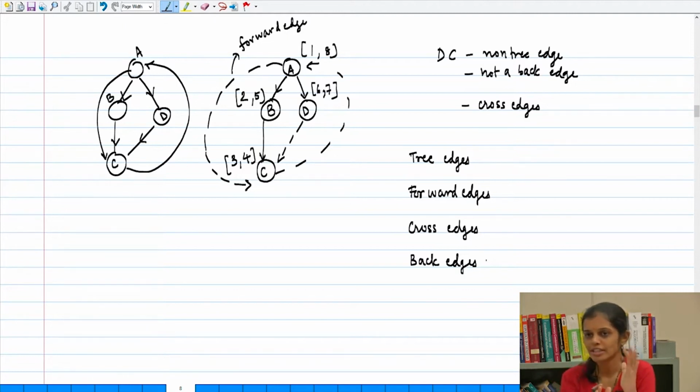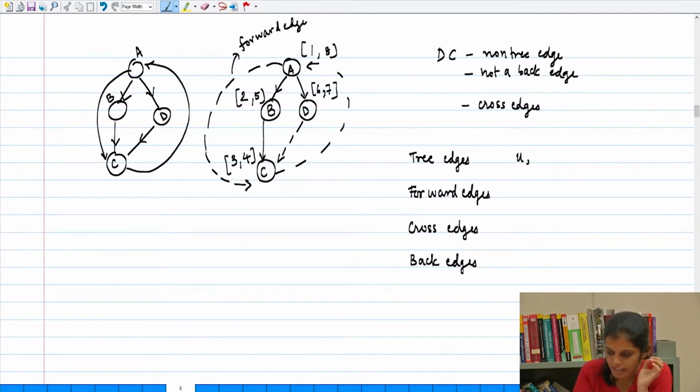So without actually looking at this example and the pre-visit and post-visit numbers, let us try to make some guesses about what kind of structure we expect to see in terms of the pre-visit and post-visit numbers of the 2 endpoints of such edges, right? So let us fix a tree edge. Clearly we understand what a tree edge is. It is from a parent to a child. And let's say that UV is a tree edge,